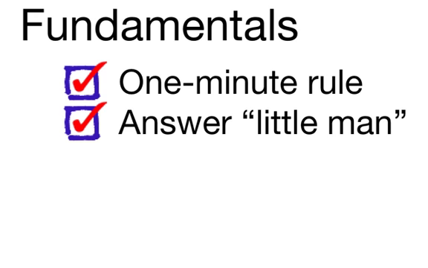This is my favorite fundamental. Answer the little man. So the little man's this guy that sits on your shoulder and says, "So what?" after everything you say. To answer the little man, you need to tell your audience why and then elaborate. So for example, if you say, "We use digital signal processing in our hearing aid," the little man asks, "So what?" And you say, "Because this technology increases the clarity of sound." Then you elaborate. For example, if you're at a party and you're talking to someone you really care about, you'll be able to hear them clearly.